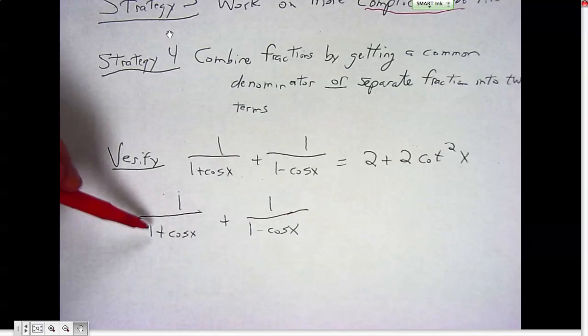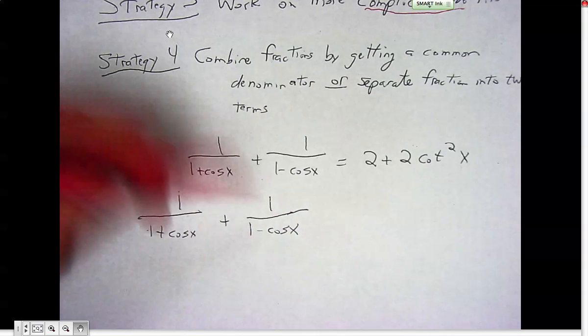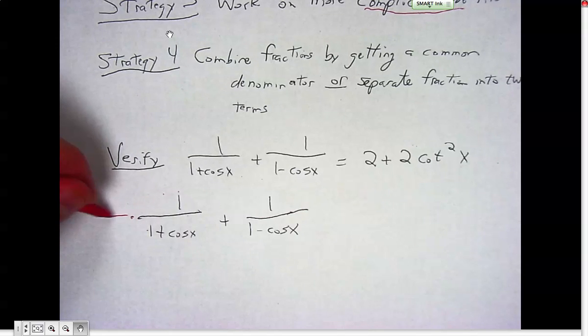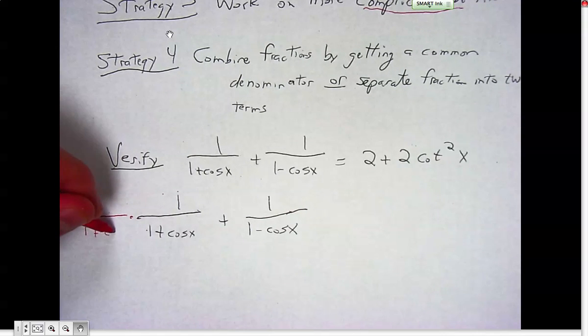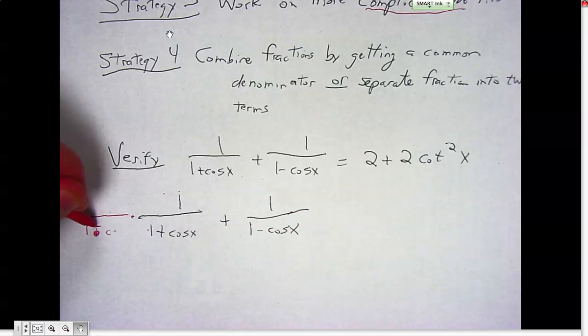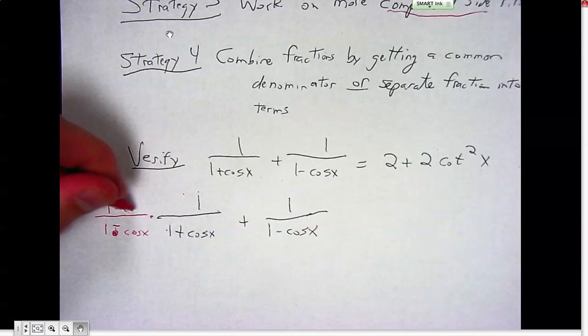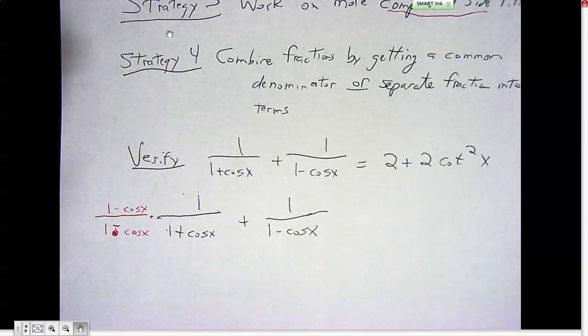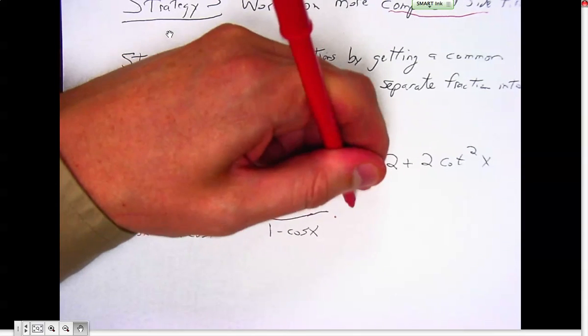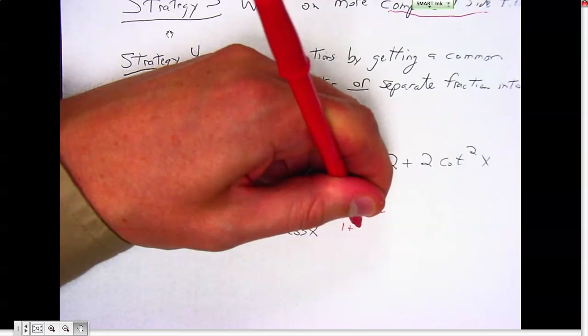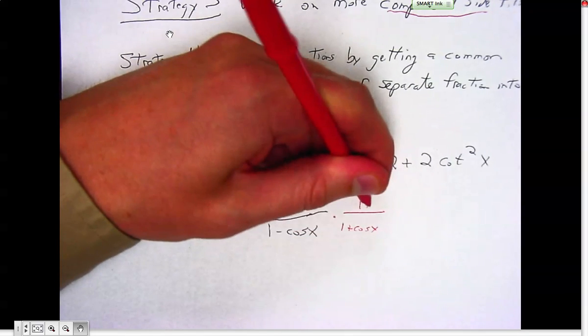And so my new denominator is going to be this times this, and so I have to get the one that I'm missing. So this first fraction is missing that should be a 1 minus cosine of x, and so I have to multiply that on top and bottom, right? This one's missing the 1 plus cosine x, and so I have to do 1 plus cosine x on